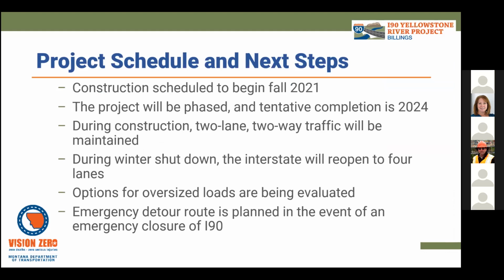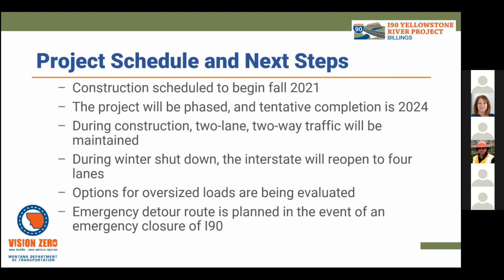Once it begins, the initial work will include building crossovers, and then also installation of some irrigation crossings that go underneath I90. That includes Lockwood Irrigation District pipe, and then there's also a new culvert for the Gray Eagle ditch. The goal is to complete that work prior to winter shutdown of 2021. So that's phase one. And then the main interstate reconstruction work will begin the following season. So that would be 2022, and that's phase two.